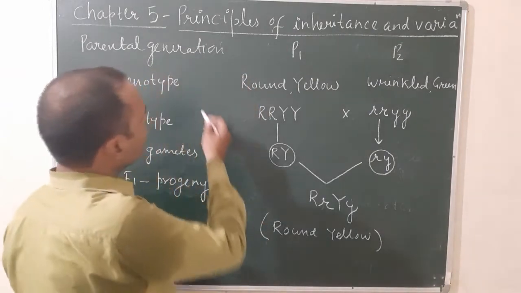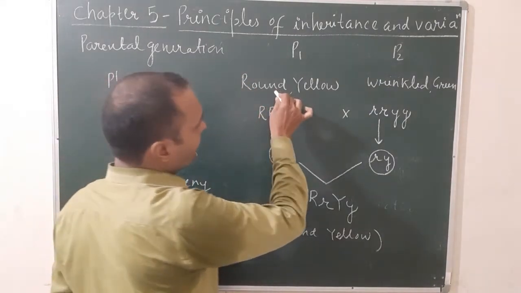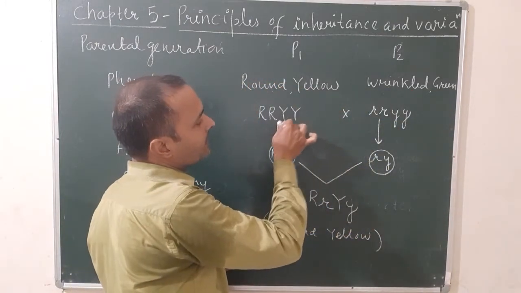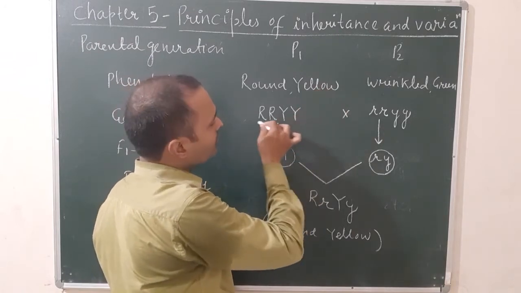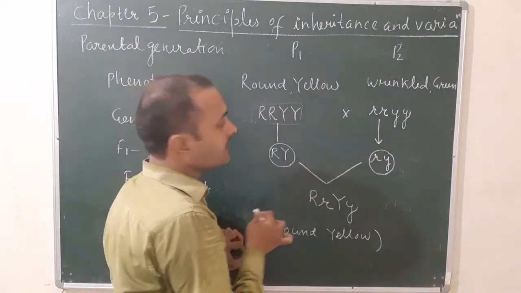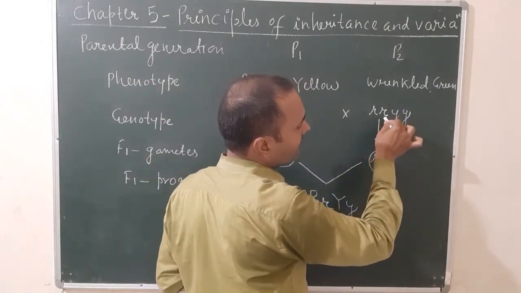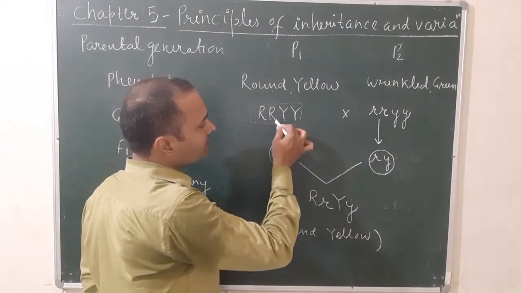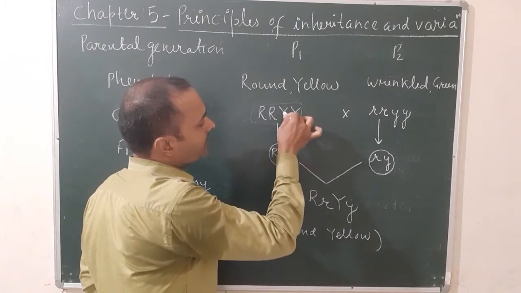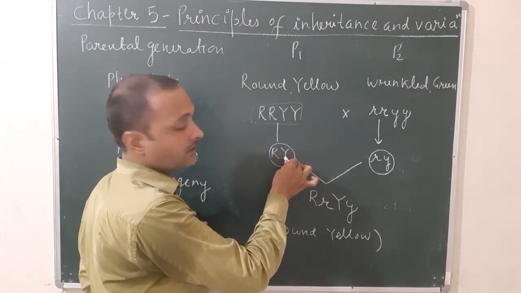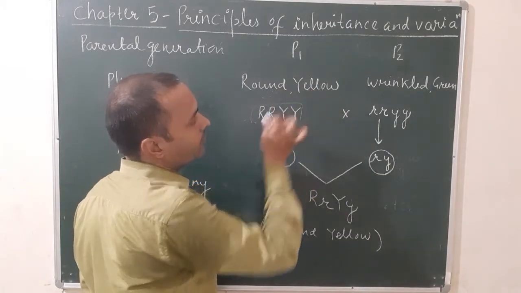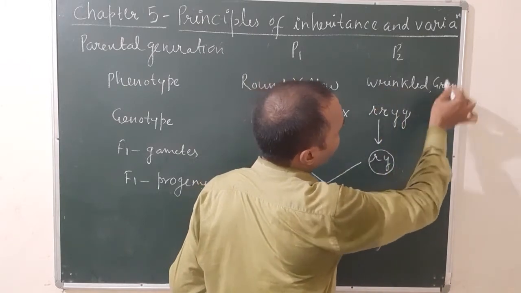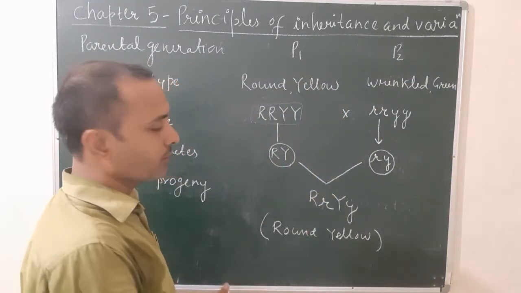So once again, you will take two parents. The first parent has phenotype round, yellow, and the other wrinkled, green. So for round we will take capital R, and for yellow, Y. So total will be two pairs of traits. Here also for wrinkled we will take small r, and for green small y. For gamete formation, you will take one letter. So capital R will be taken one time, and capital Y will be taken one time. This gamete is produced by this parent, the round and yellow parent. And here this gamete is produced by this parent having wrinkled and green. So this is the F1 progeny.